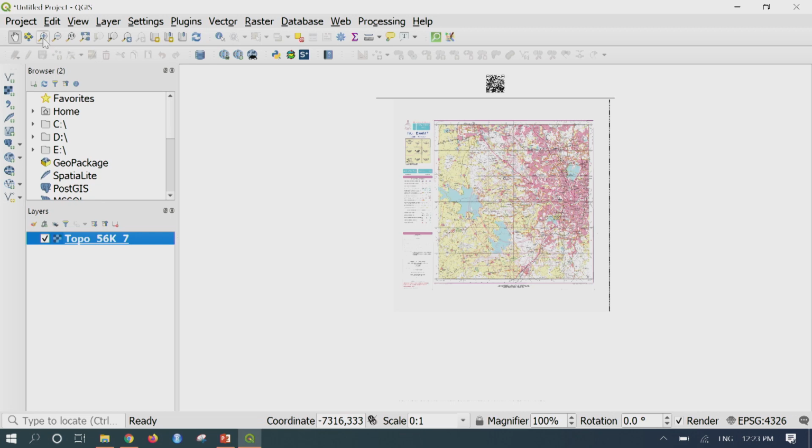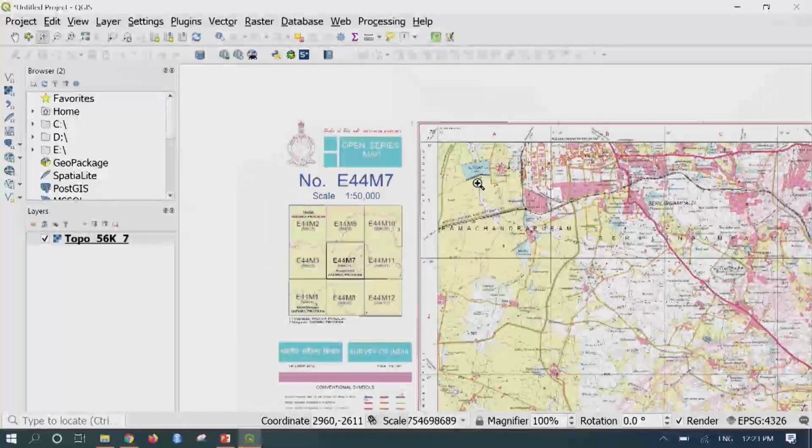Now I will select the zoom in or pan tab and select the corners to see what the extents of this particular image are. Since this is a 1:50,000 scale image, the interval between any two corners will be 15 minutes.